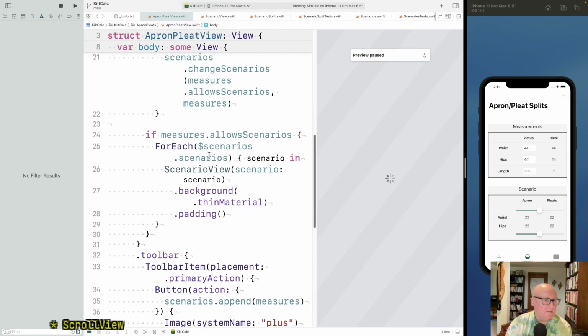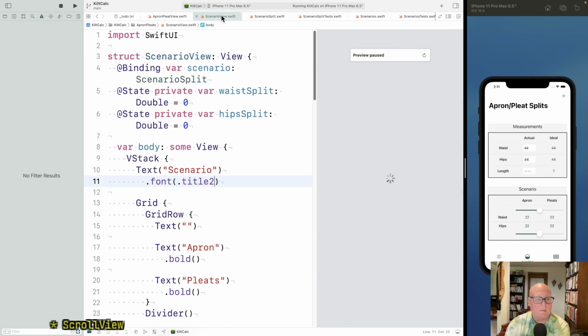Or is it even a scenario view? Like, should it be part of the view to say the title of the view? Let's pull it up and